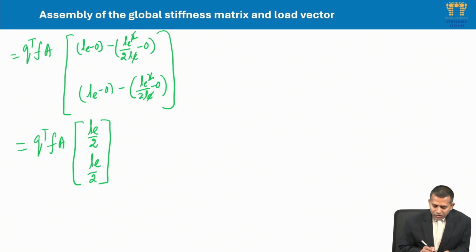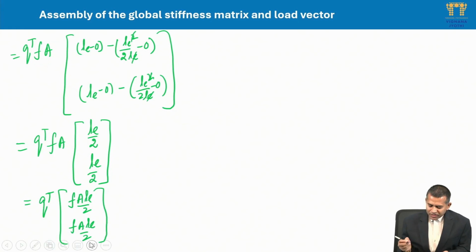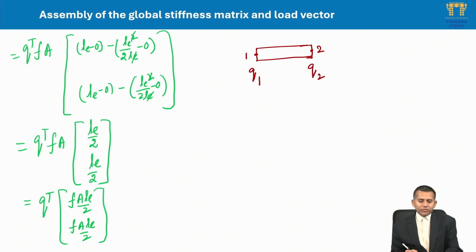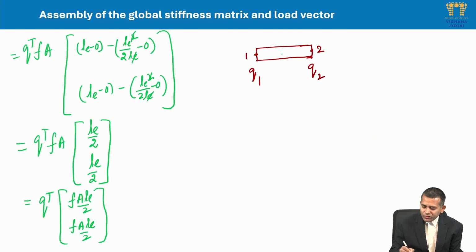right? So what do you mean by that? If we rearrange this Q transpose, so if I write this one, f A LE by 2, again f A LE by 2, right? So what do you mean by this? Suppose I am considering here this 2 noded 1D bar element which is having 2 nodes, and you have a displacement q1 at node 1 and displacement q2 at node 2. Now assume that this element is having some body force throughout this element,